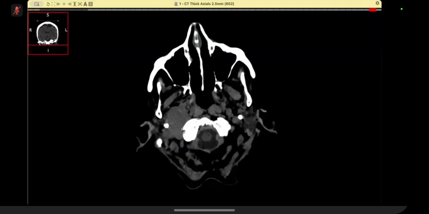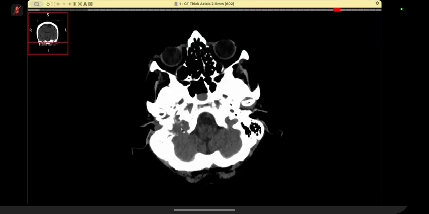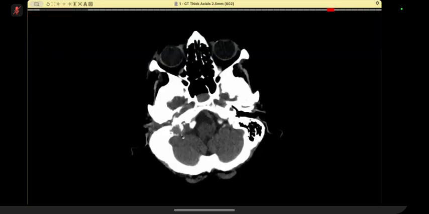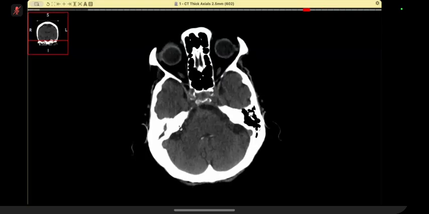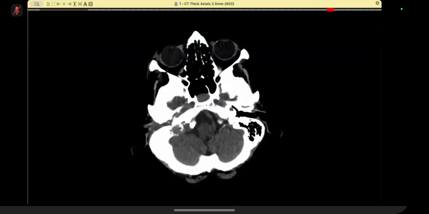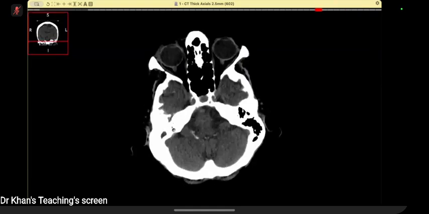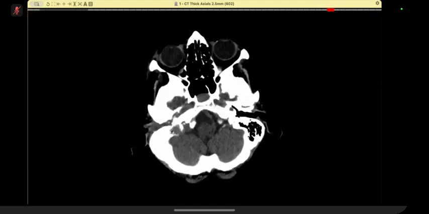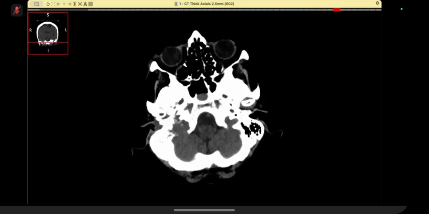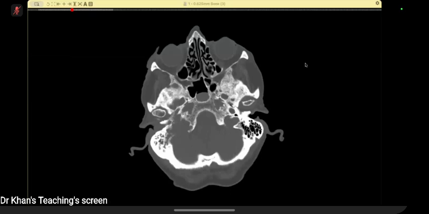Where is the middle ear cavity? I can see it on the bone window, maybe. The mastoid air cells are also seen opacified, and there is loss of the bone at the region of the cerebellum, and there is opacification of the